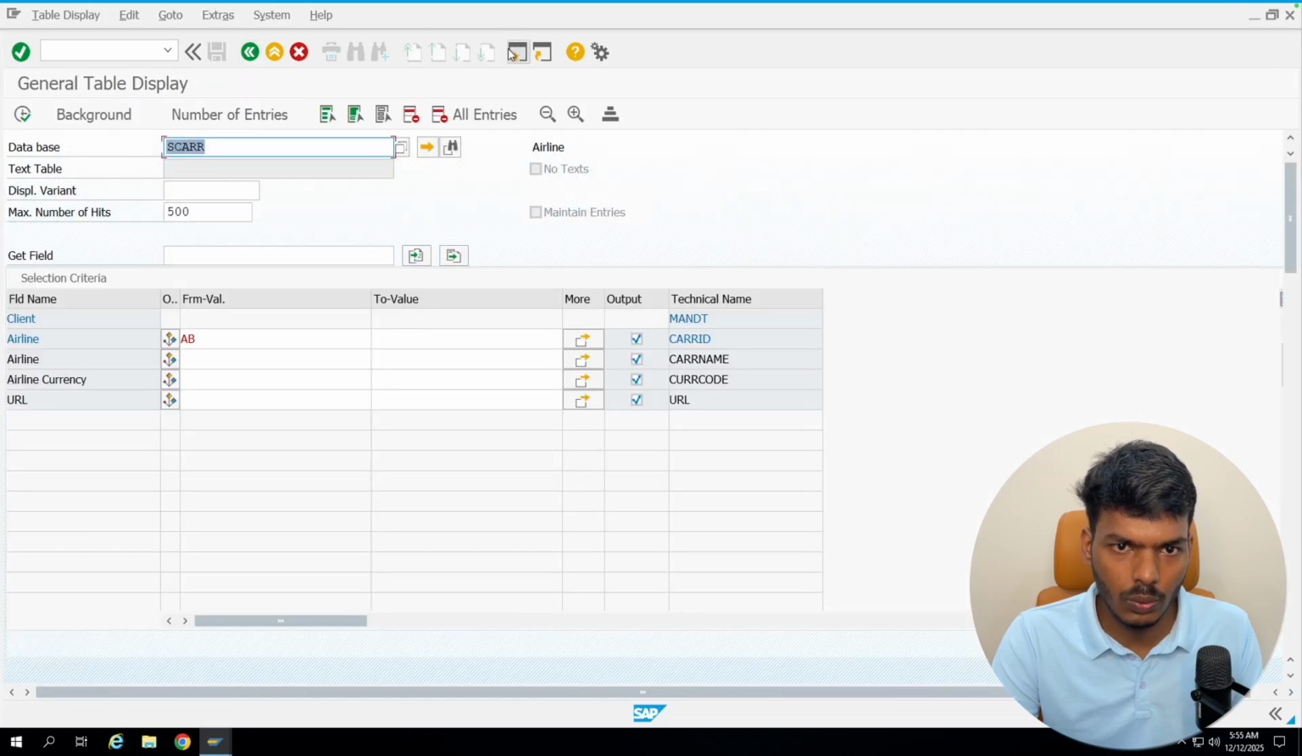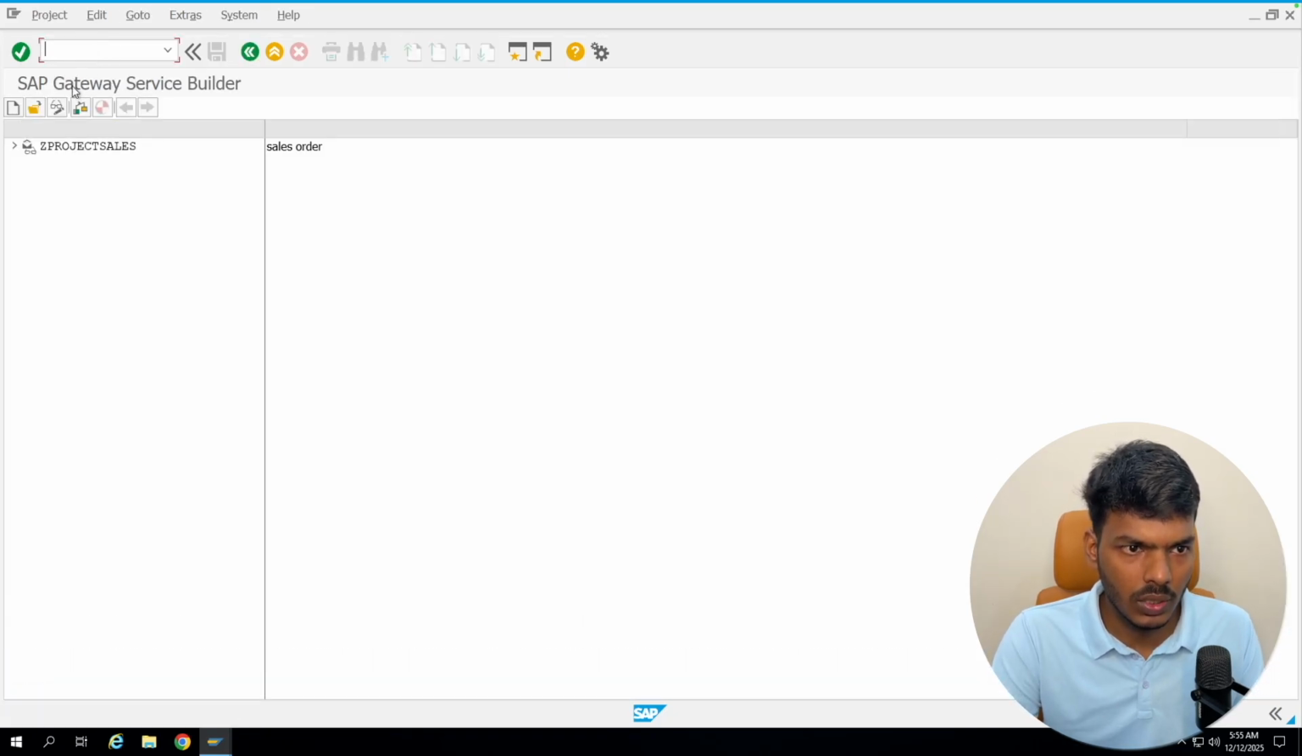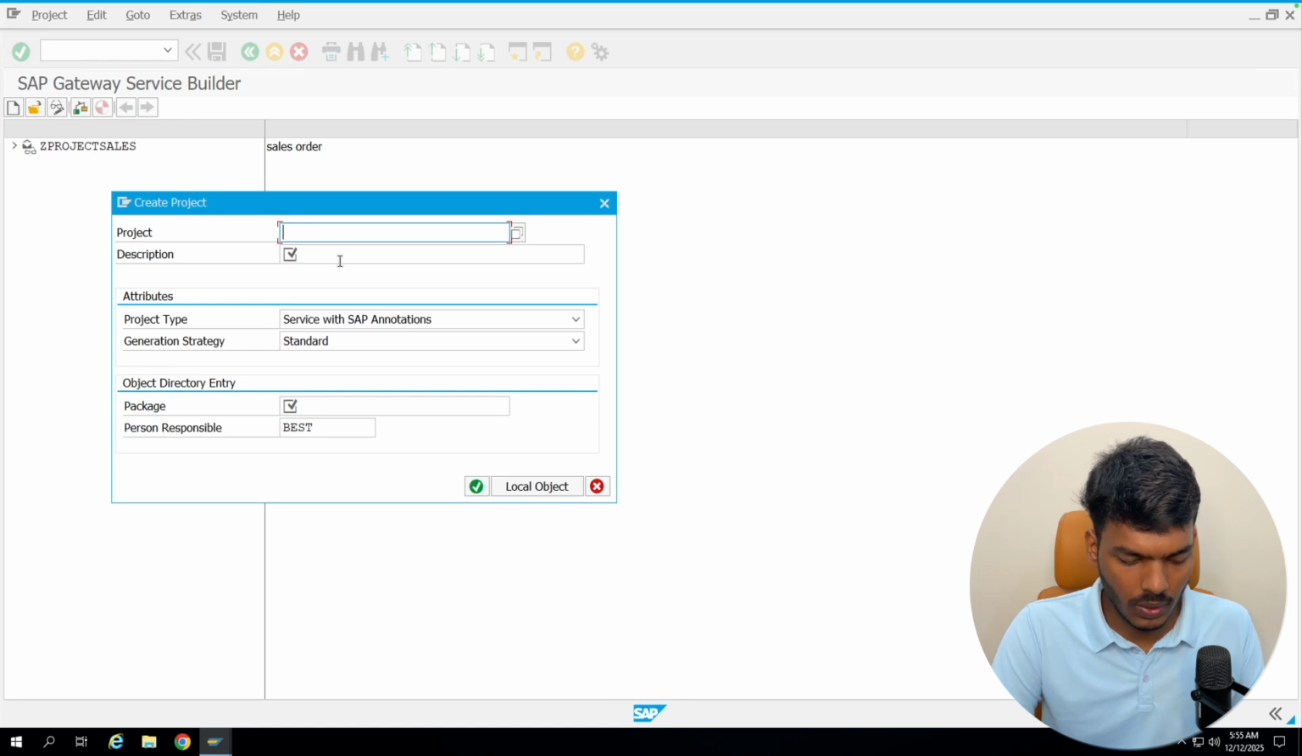So I will go to SEGW. SEGW is a T code for SAP Gateway Service Builder. Okay, and here we can create a new project. We can give any name. I will give the name ZSWS